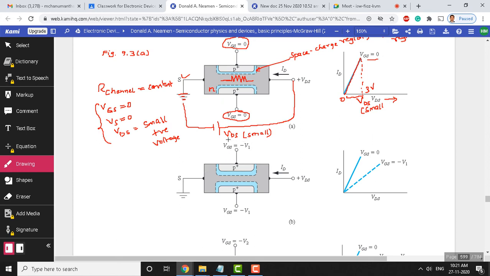Now with sufficient gate voltage, let us take it as negative gate voltage. VGS is negative. When we apply this, what will happen to the channel region? The channel conductance now changes because of the negative voltage we applied. As we told, there is a PN junction between this P plus region and the channel N region. So now what will happen to this PN junction? There is a PN junction here, P type and N type, and there is a PN junction here at the bottom as well, as you can see.